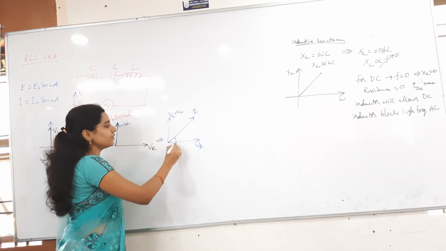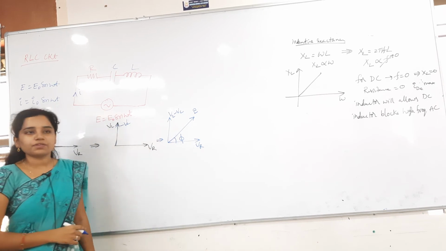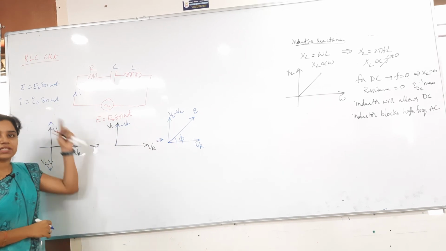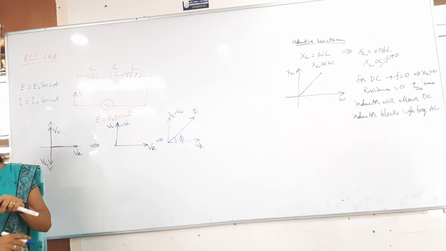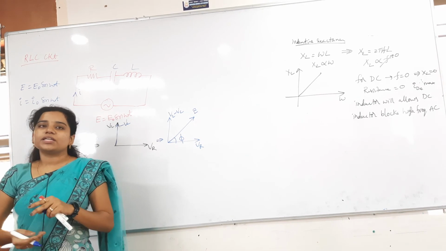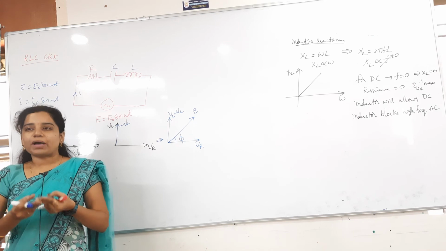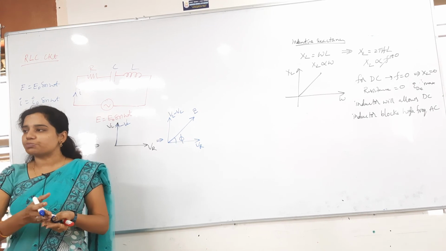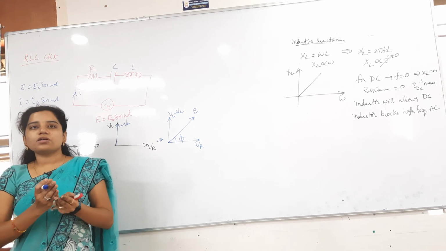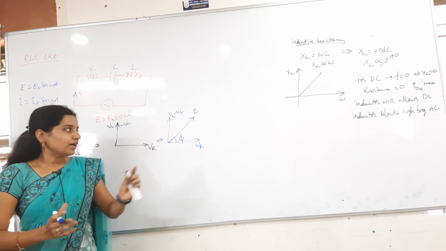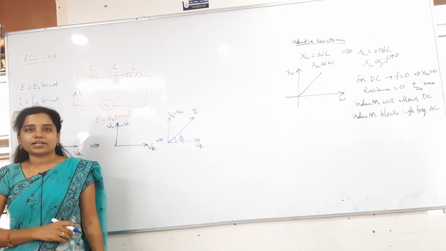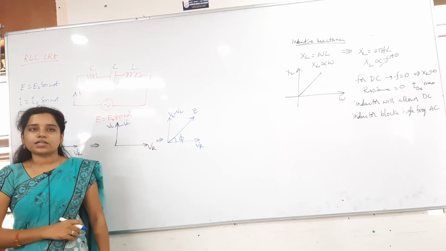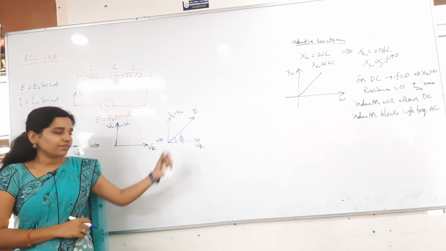Now this is the phase difference. Now phi is the phase difference. Why? Because by the equations we cannot get it. For example, in a resistor circuit you will get zero phase. For example, in an inductor circuit you will get minus pi by 2, and plus pi by 2 for the capacitor. So instead of doing that much, I have drawn it directly. Why? Because here three are mixed together. We cannot say that directly. For that only I have drawn the phasor diagram, and then I am saying the phase difference is phi here.